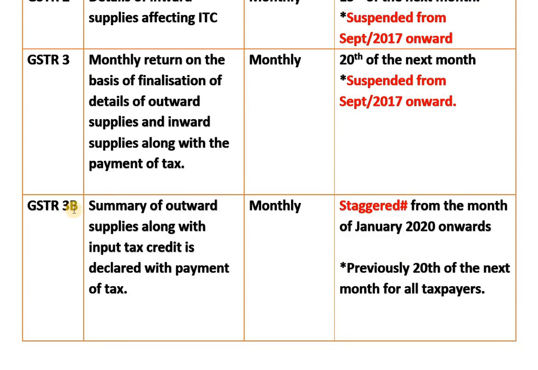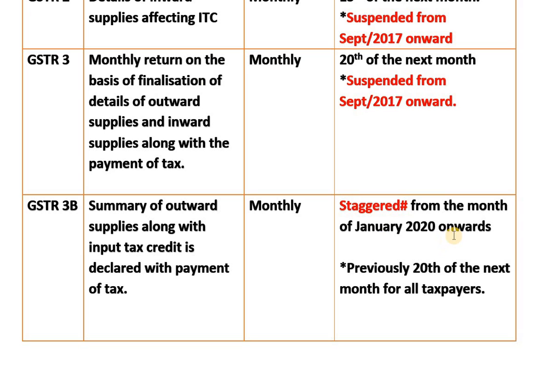The Gstr3B, what is the description of this? It is the summary of outward supplies along with input tax credit, which is declared with the payment of tax. This also is a monthly return, and the due date for filing the Gstr3B is staggered from the month of